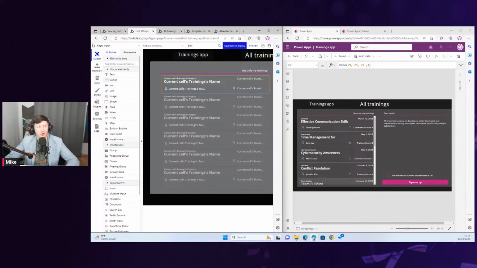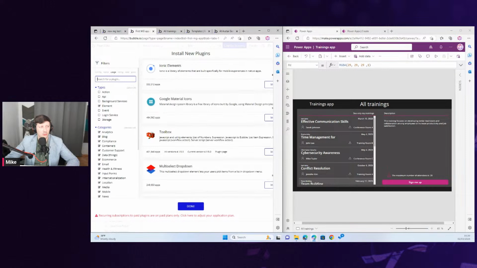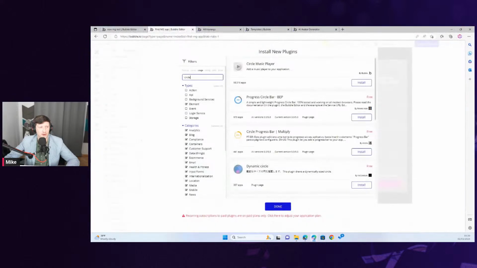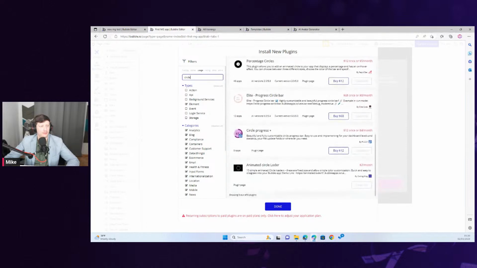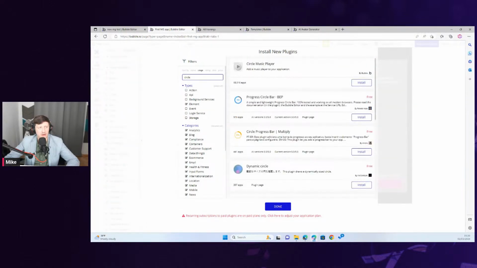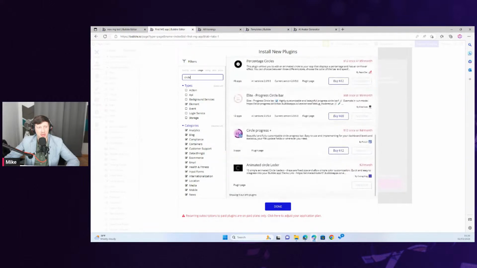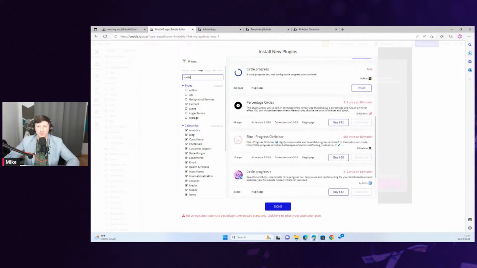If I want to have more, for instance, I want to create a circle shape. Here I have only a rectangular shape, no circle. So how can I create it? I need to install more plugins, like a Circle plugin, or rather a plugin that gives me a circle shape. And check this out. Some are free, but some are paid monthly or once, right? So as I said, it's a marketplace, basically.